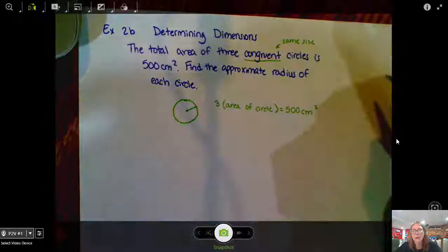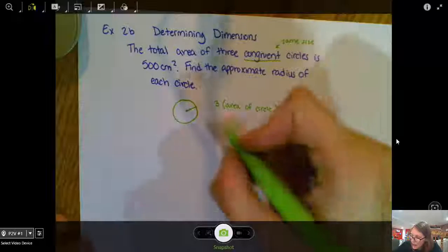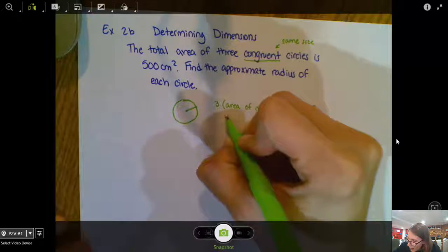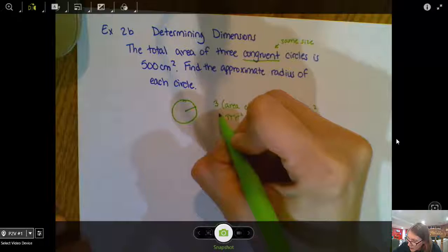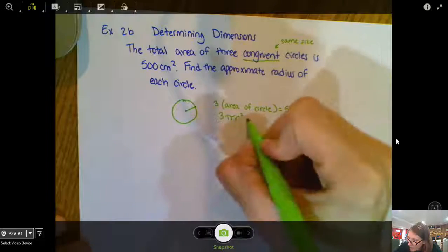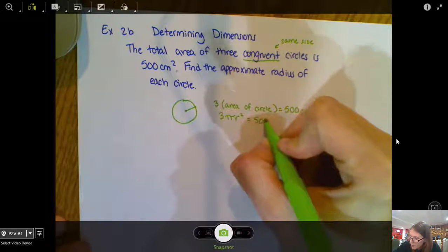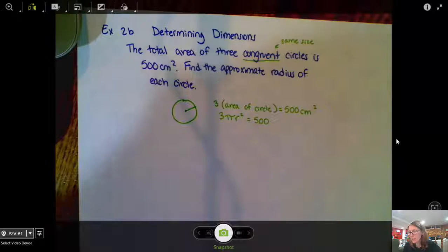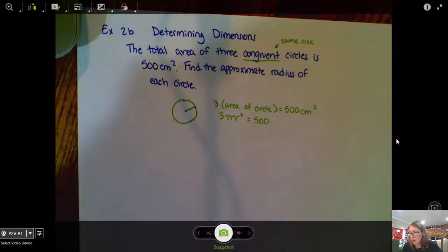is 500 square centimeters. Now, how do we find the area of a circle? Area of a circle is pi r squared. So 3 times pi r squared equals 500. If I solve this equation, that will tell me what my radius is. All right, first thing here,